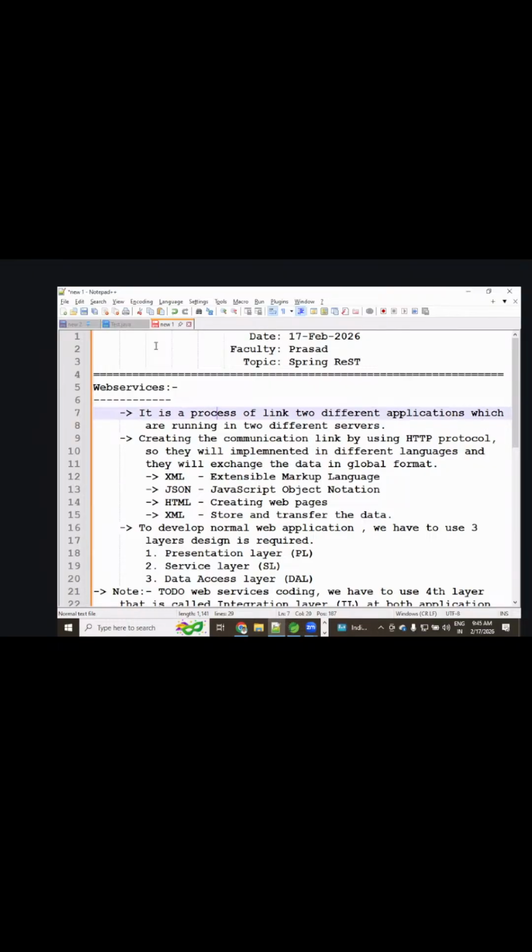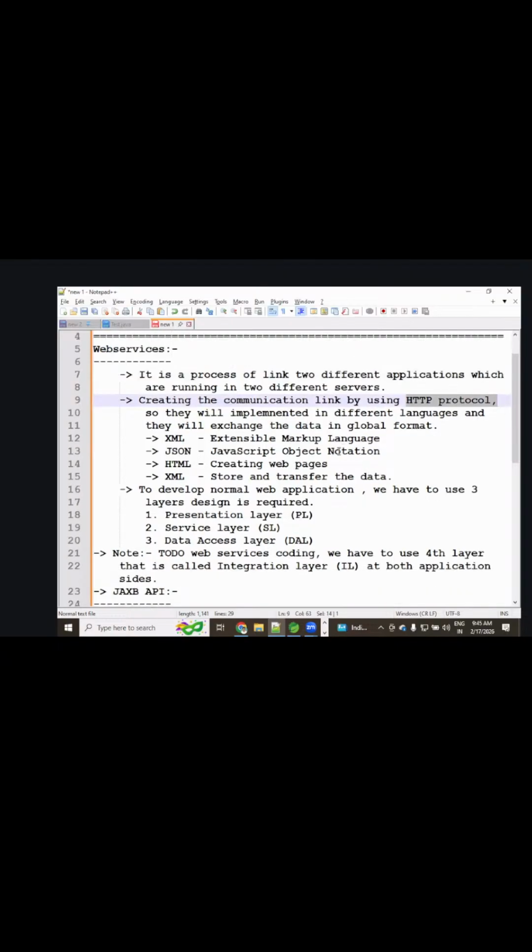Application A is going to communicate with application B. That is what web services take care of, creating the communication link through the HTTP protocol. To perform that kind of operation using web services, you can use XML, JSON, HTML, something like that.